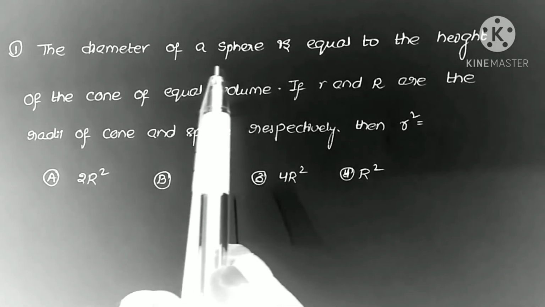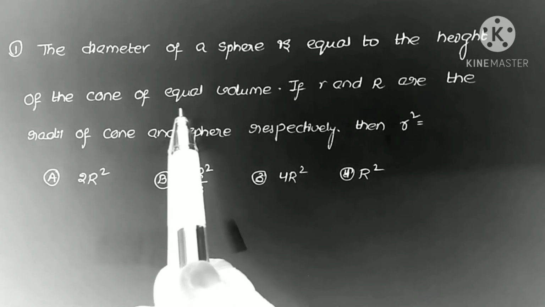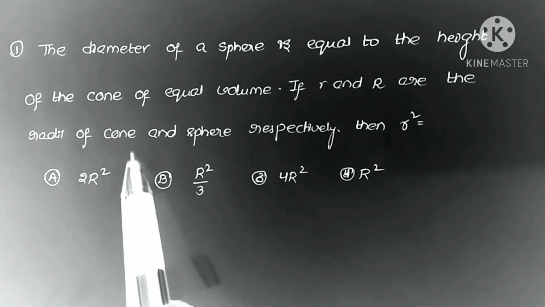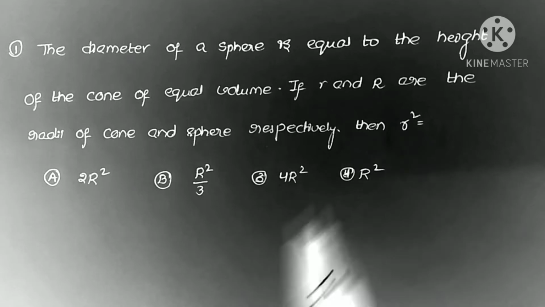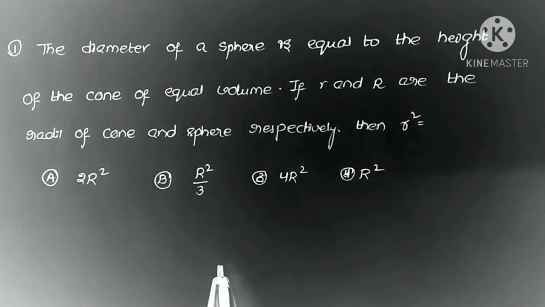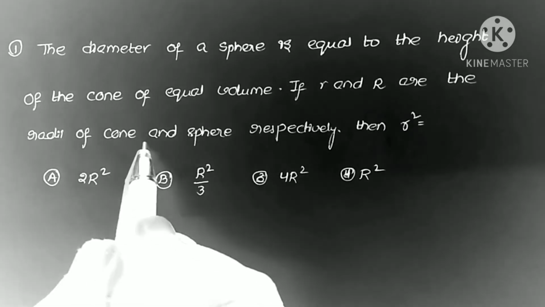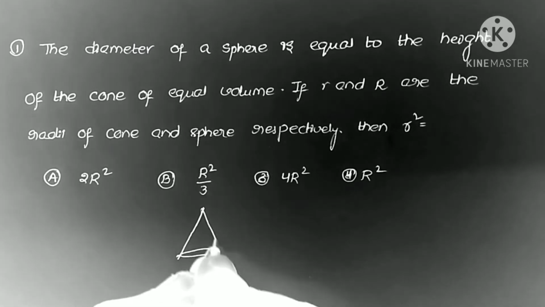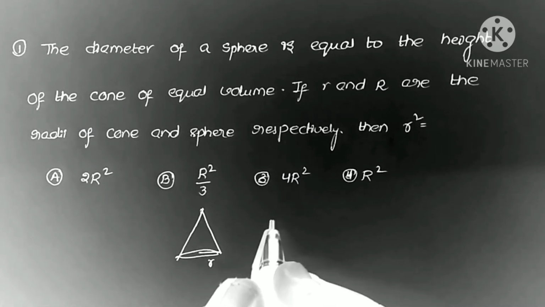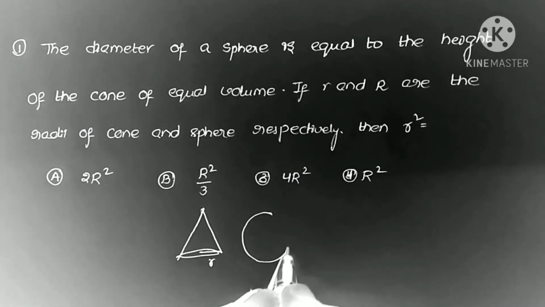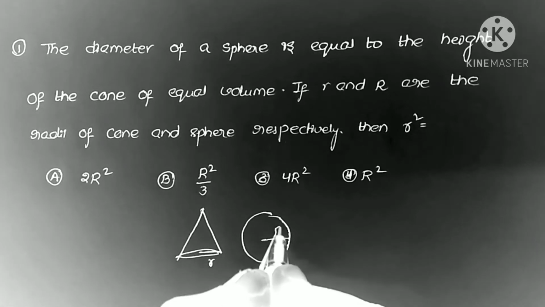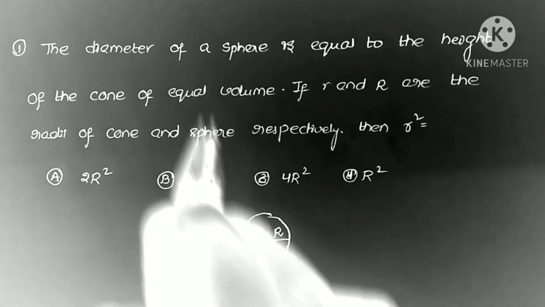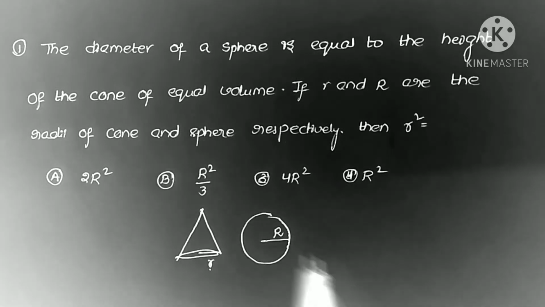First problem: the diameter of a sphere is equal to the height of the cone of equal volume, and if r and R are the radii of the cone and sphere respectively, then r square is equal to? Given that r and R are the radii of the cone and sphere: this is the cone, with radius r, and this is the sphere, with radius capital R. Also given the diameter of the sphere is equal to the height of the cone,